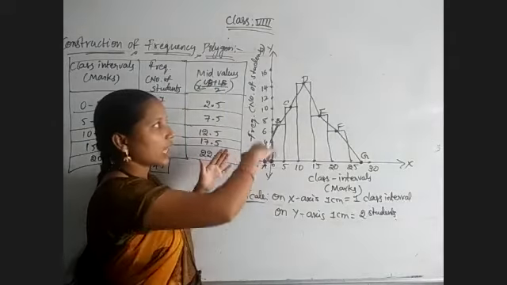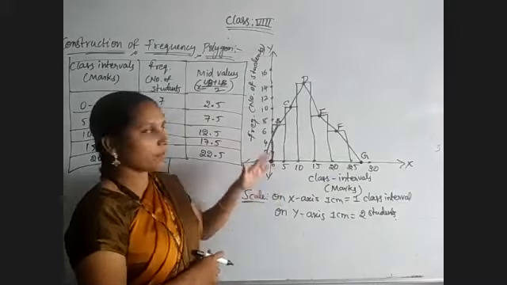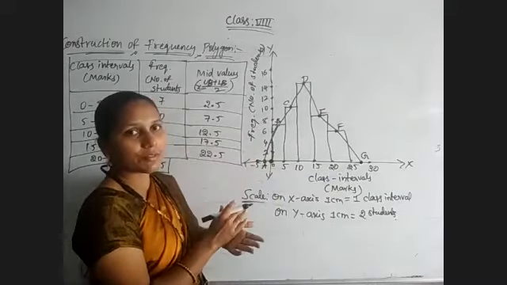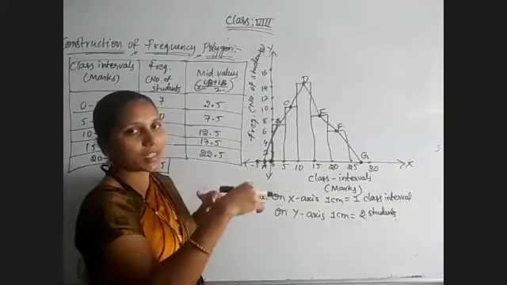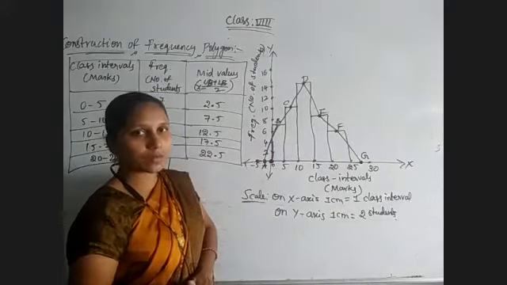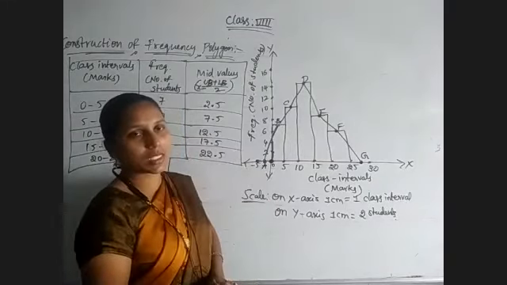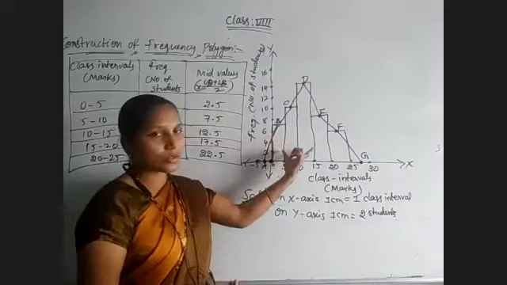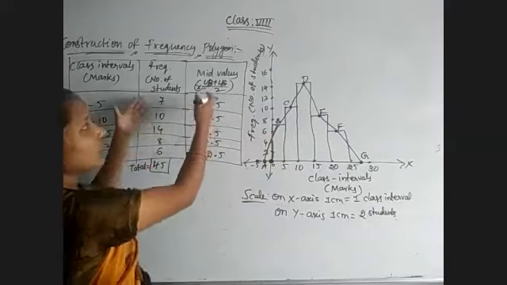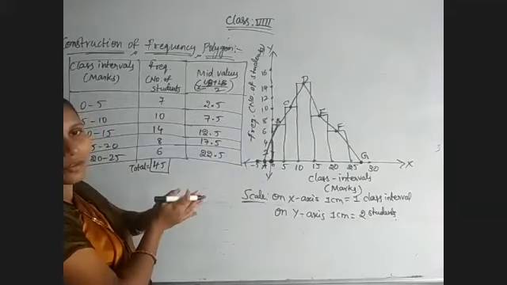Okay, join all those points by using a scale, then that is known as a frequency polygon. By using straight lines. Instead, if without using the scale, directly with the hand we are drawing, that is known as a frequency curve. And what is the difference between histograms and these frequency polygons? See, without this histogram also we can directly draw this frequency polygon by taking the points. How will we denote the points?